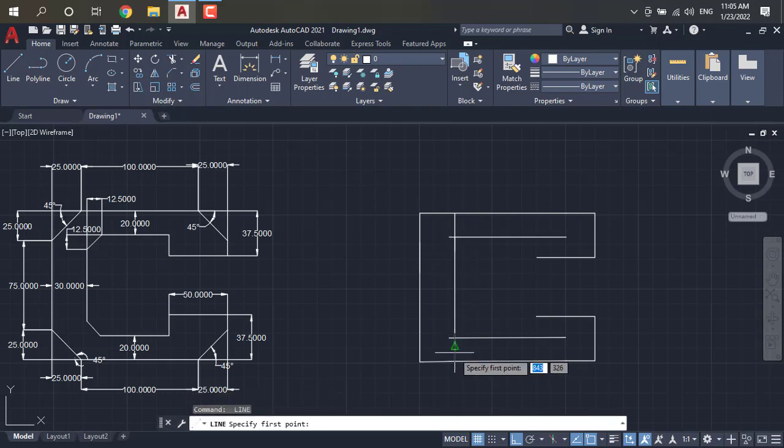So, again, just click on a line from here to dot. This is also how much? This is also 12.5. Just click on enter. Just escape it. So here this is our one line, this is our second line.